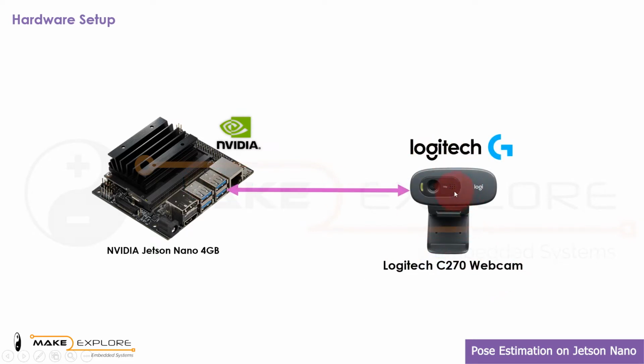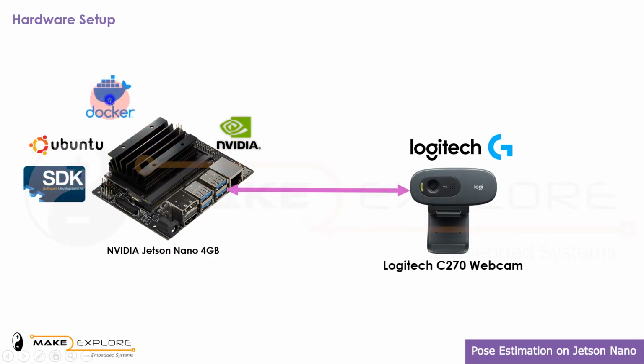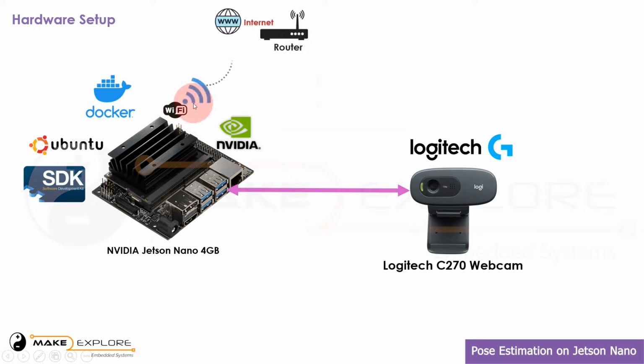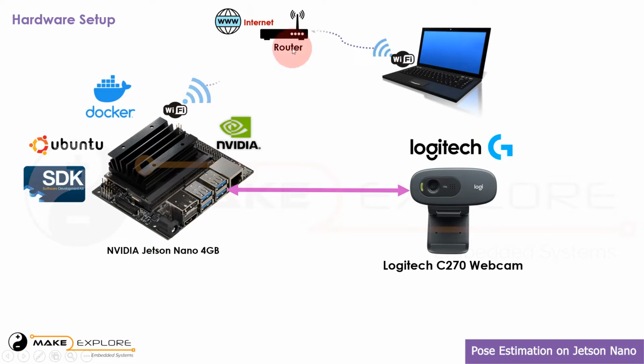to Jetson Nano. Jetson Nano will be running Ubuntu OS with Jetpack SDK. We will also use Docker container. So, for this board, Jetson Nano, we have used Network Interface Controller Module, AC8265, which features dual-mode Wi-Fi and Bluetooth. Hence, we can connect it to our router wirelessly and can access the internet on Nano. We will be connecting to the same Wi-Fi network using our laptop. So, to control the Jetson Nano through SSH, you must connect it to the same local network through Ethernet or Wi-Fi. We will then access Jupyter Notebook to get started with Python programming on it.